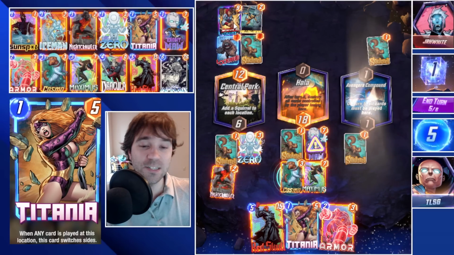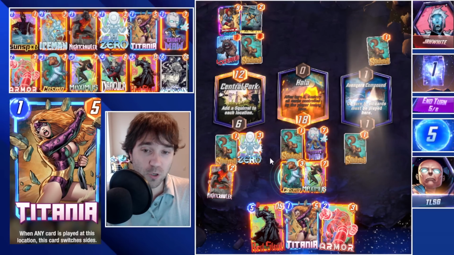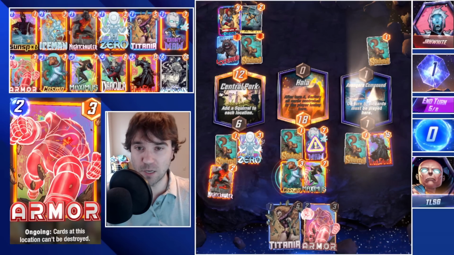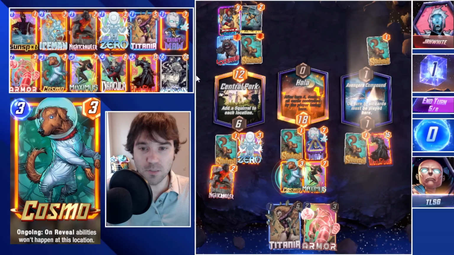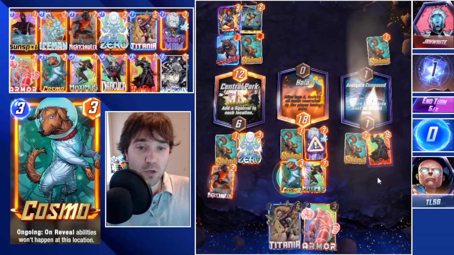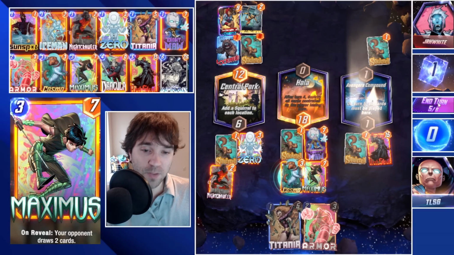Typically, I want to ease into using that power. Throwing it out onto the board early is very, very scary, because then your opponent has the exact information. They know exactly what they need to maybe either push enough power or just get that advantage over you in that location. So we're going to go ahead and play Red Skull into the Avengers compound, and then next turn